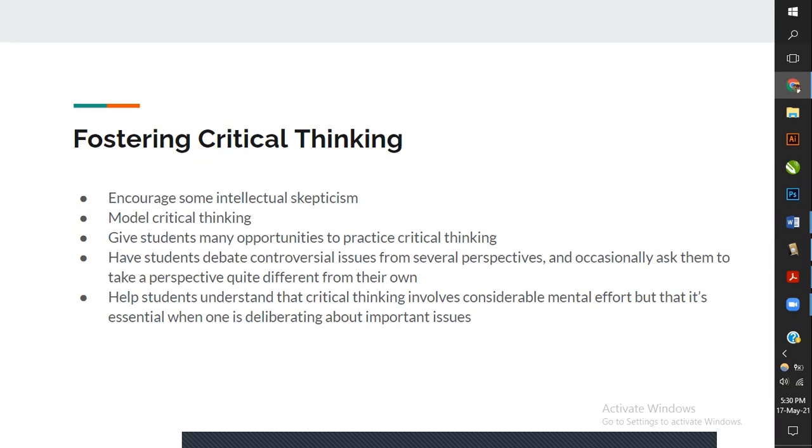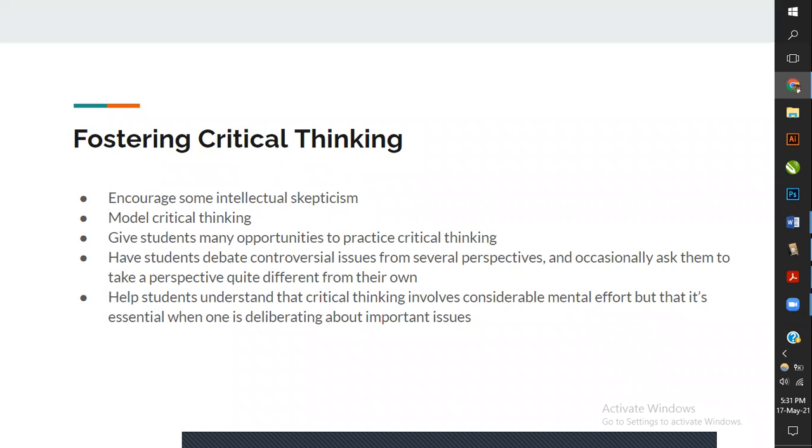Okay, you can make them do debates. Let them do debates among themselves. Let them foster this critical thinking by themselves. How can we do this? In English, we might encounter debates. Debates are a very good technique and a way to foster this critical thinking by themselves. So let them debate on controversial issues that may have several perspectives, and then ask them to take a perspective in their own way. Let them think for themselves without the aid of the teacher.